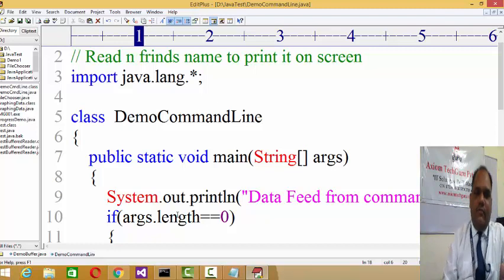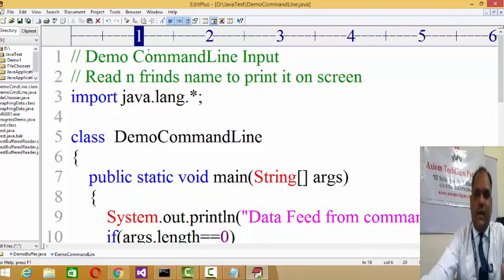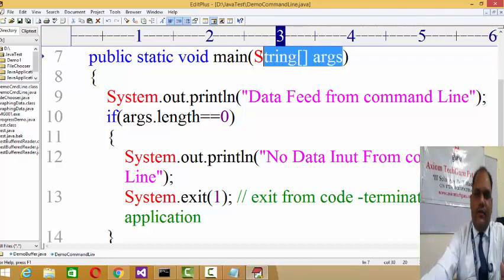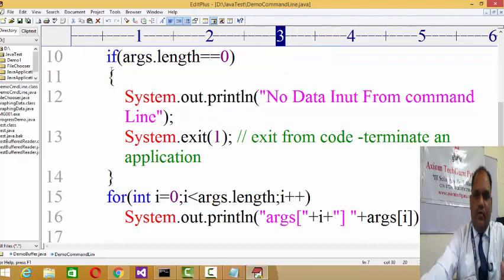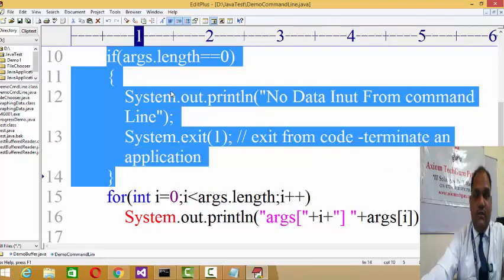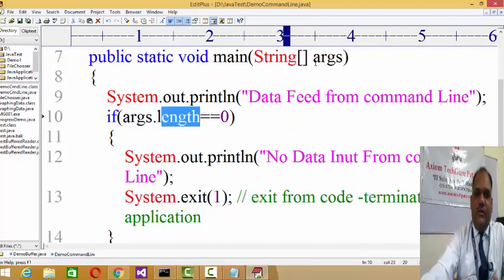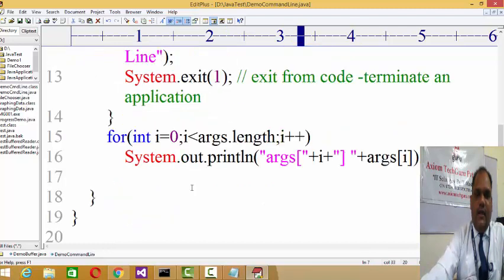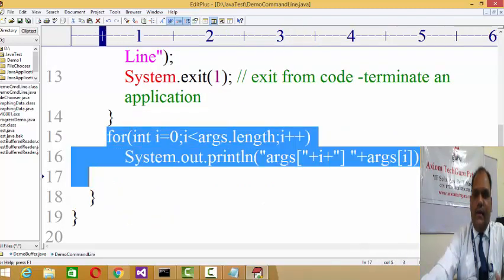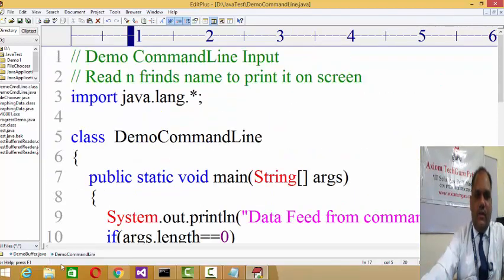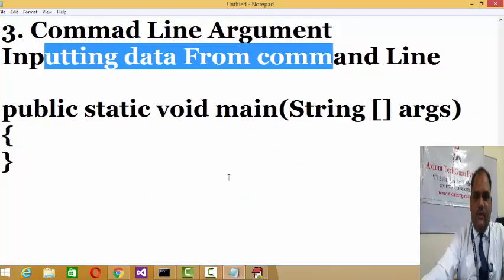Now here in Java we have another data input technique called command line. Why not, instead of halting the program execution, feed the data at once? That entire data will be assigned to an array of strings, and then you cross check the length of the array, because in Java we have the dot length property to check the length of an array. If no input is there, the array length is 0, and if the array length is more than 0, obviously you can print that data over there. So these are the three major data input techniques used in Java.